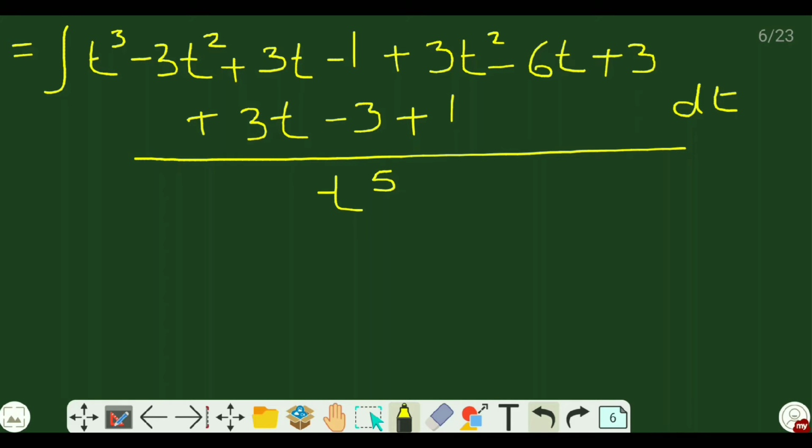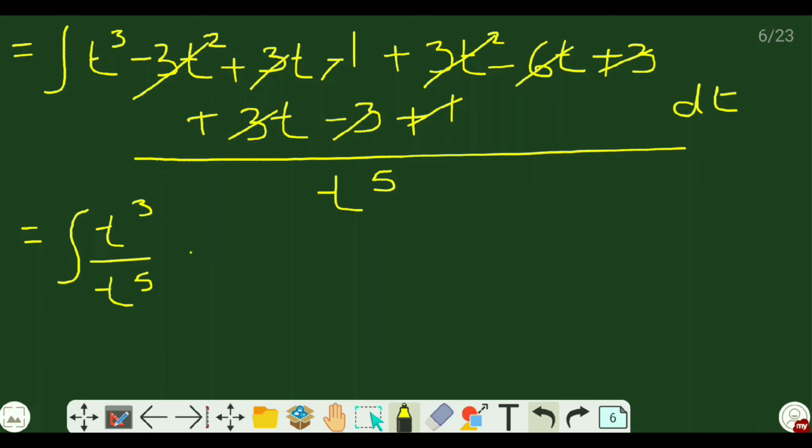Now, here several terms are getting cancelled. If you see, minus 3t square gets cancelled over here. Now, 3t plus 3t becomes 6t and therefore 6t minus 6t, the two terms get cancelled. Minus 1 plus 1 goes away and also minus 3 plus 3 goes away. So, thus we are left with these terms, that is integral of t cube upon t raised to 5 dt. Upon taking t raised to 5 in the numerator, we get integral of t raised to minus 2 dt. Now, you can complete the sum